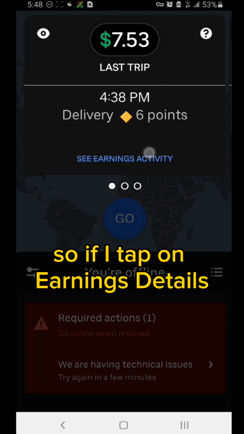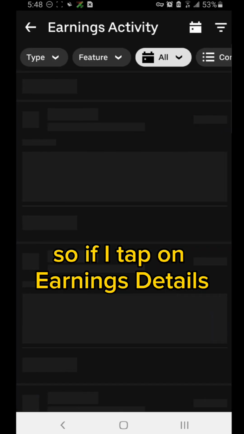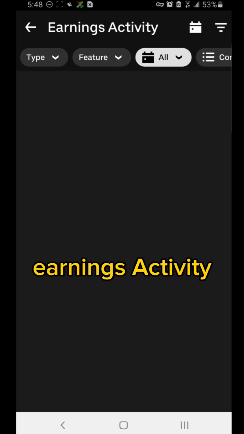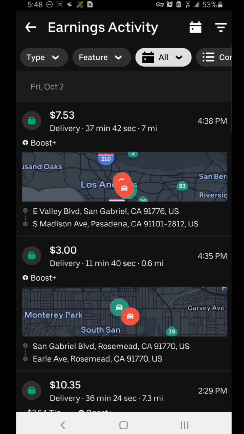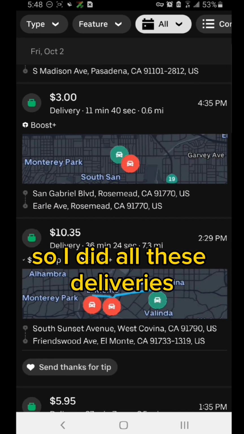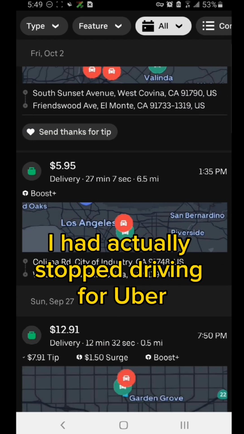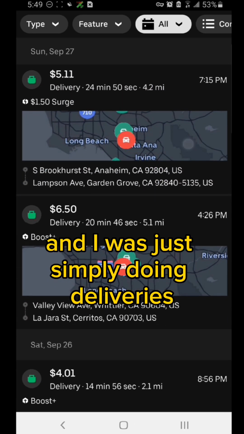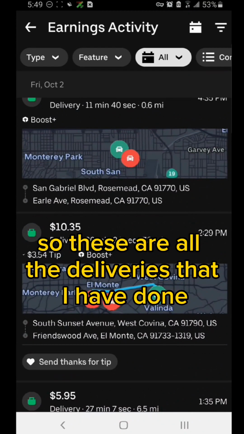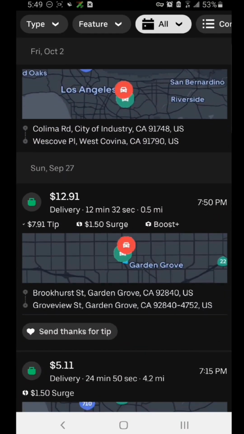So if I tap on earnings details, earnings activity, it's going to tell me all my last deliveries. So I did all these deliveries. I had actually stopped driving for Uber for a while during COVID, and I was just simply doing deliveries. So these are all the deliveries that I have done,